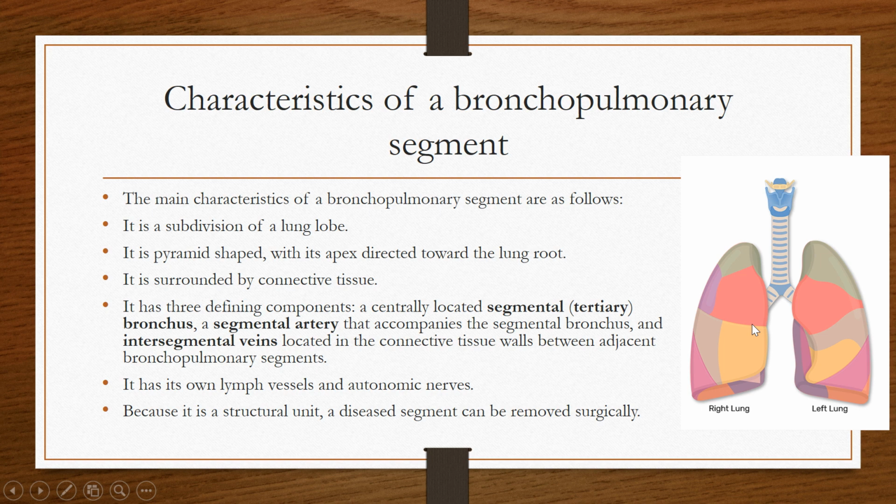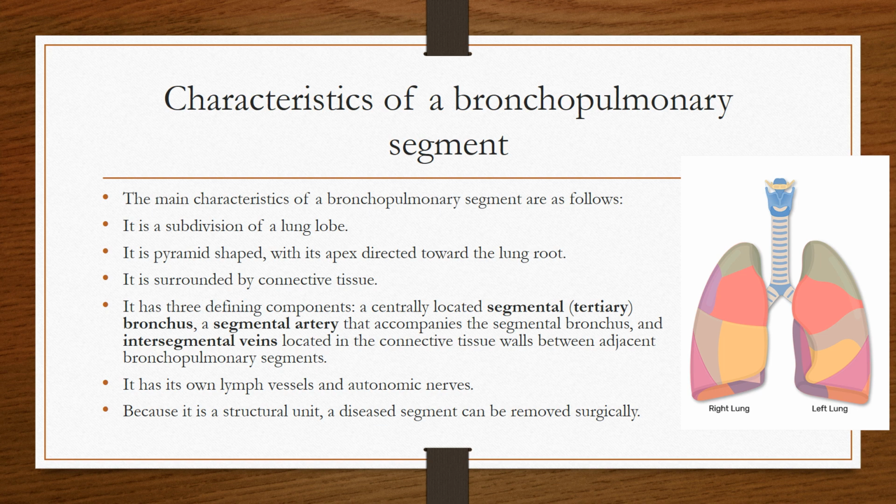Again, I will repeat. See here, we have two lungs. So we have two primary bronchi. We have 3 lobes on the right side and 2 lobes on the left side. So we have 3 secondary bronchi on the right side and 2 secondary bronchi on the left side. Then we have 10 bronchopulmonary segments on the right side. So there will be 10 segmental or tertiary bronchi, one for every bronchopulmonary segment, on the right side as well as on the left side. If there are 8 to 10 bronchopulmonary segments on the left side, there will be 8 to 10 segmental or tertiary bronchi on the left side.